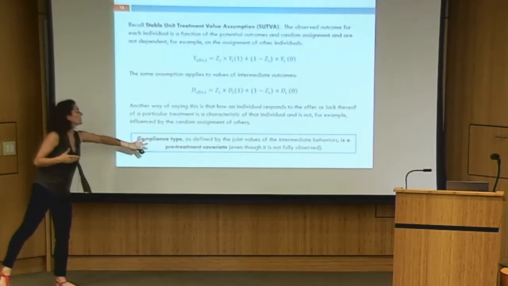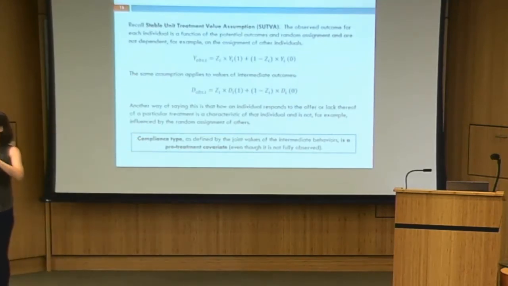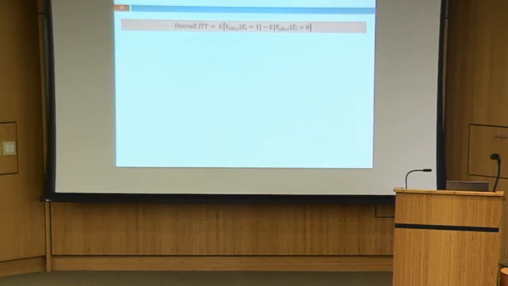So even though we can't fully observe these things, the group that you belong to is a characteristic of you, right? Is it a function of you and the context in which you're in? Yeah. Okay. So it could be the case that if you were assigned to some kind of treatment here